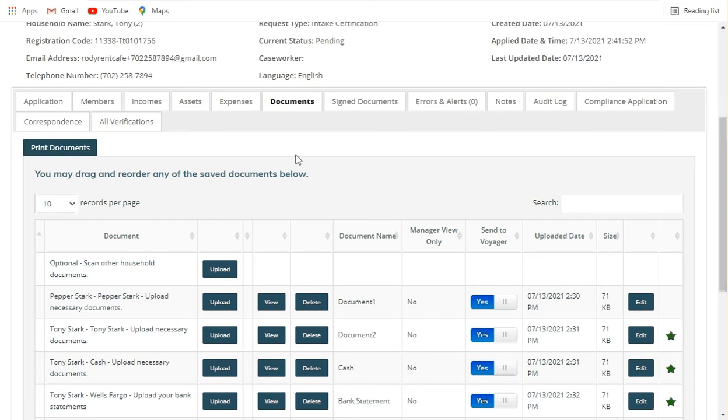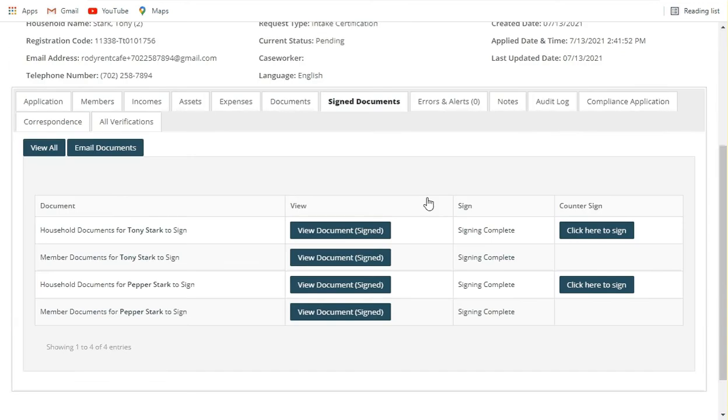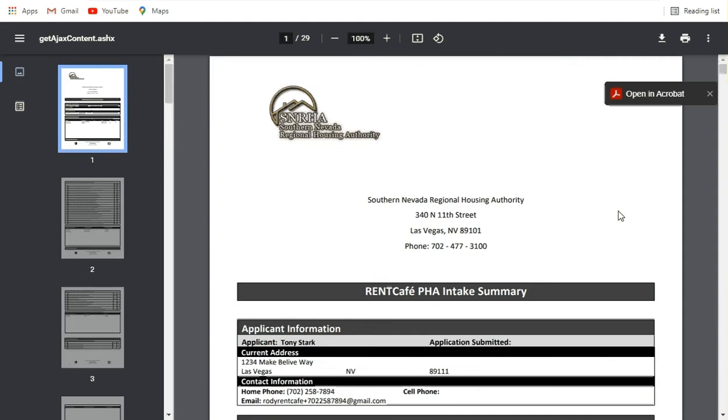Okay, but let's go ahead and move on to signed documents. And these are, again, the summary documents or the required documents that the family or applicant had to sign within RentCafe when they went ahead and submitted the application. I'm going to go ahead and show you that document here. These are documents that, again, were electronically signed